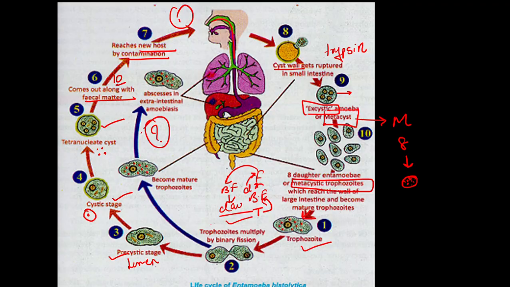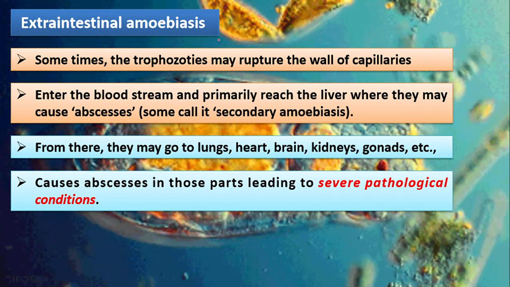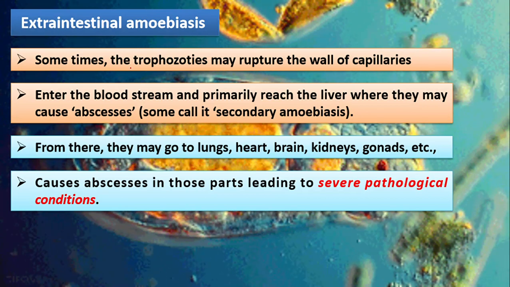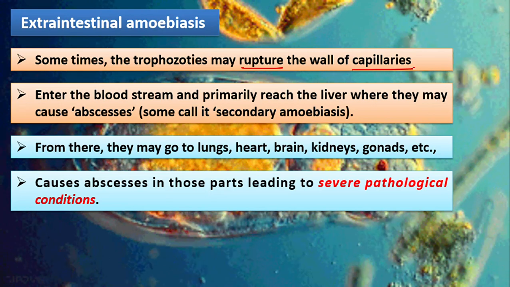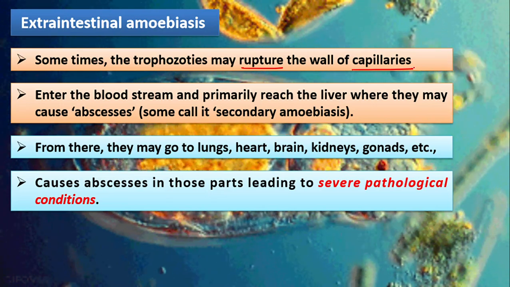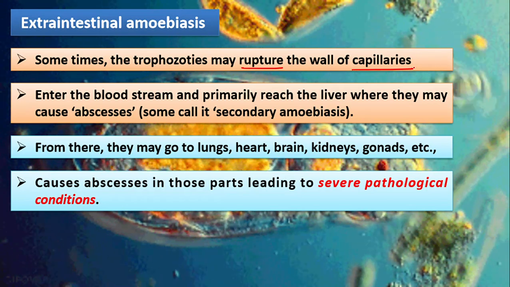Then what is the second cycle? Let's understand this over here. Okay. Here, see, extraintestinal amoebiasis. It is nothing but sometimes trophozoite may rupture the wall of the capillaries. अब तक हमने क्या देखा था, trophozoite में binary fission होगी, feeding करेगा, rupture करेगा, it converted into pre-cystic stage,